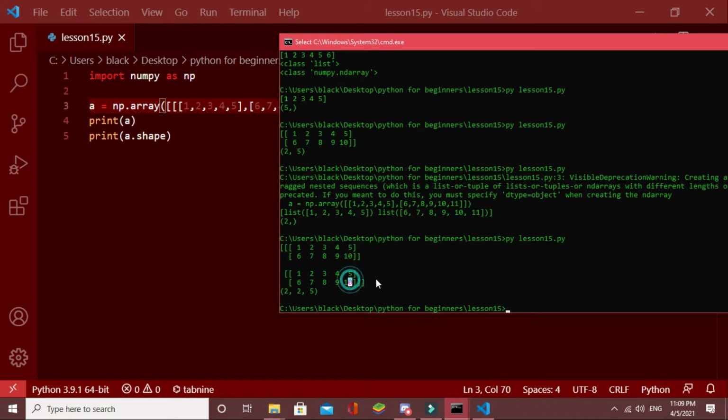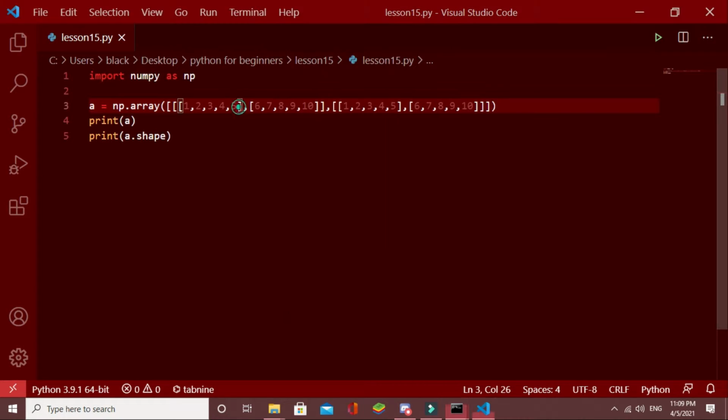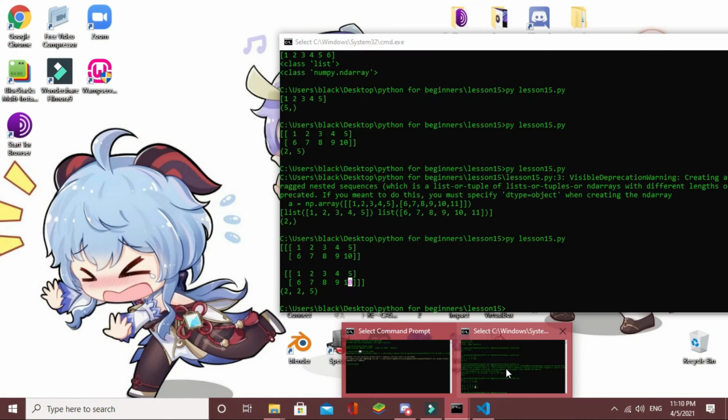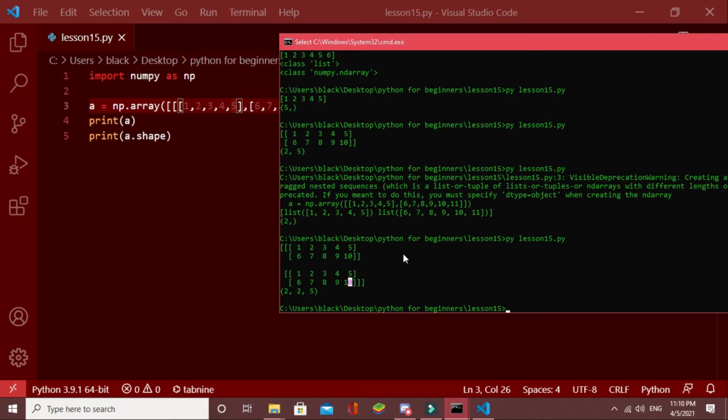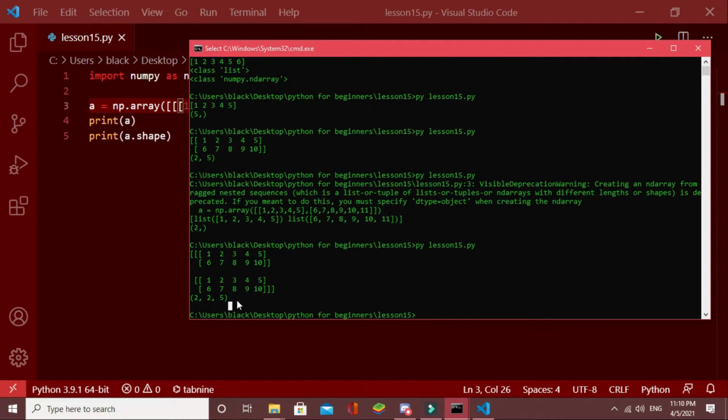Likewise, we can create even more dimensional arrays like 4-dimensional, 5-dimensional, which are just imaginary arrays. That's about 1-dimensional, 2-dimensional, and 3-dimensional arrays.